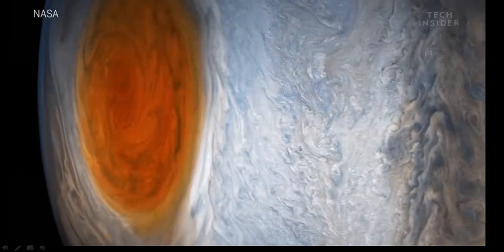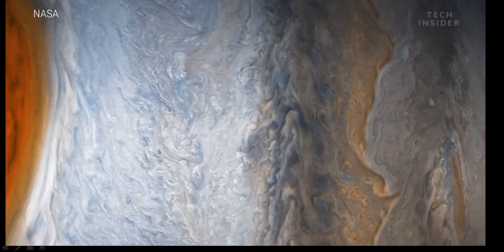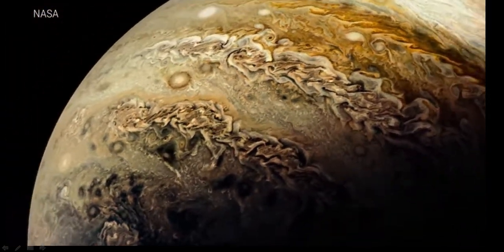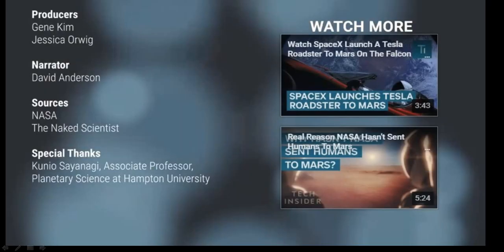We may never see what's beneath those majestic clouds, but we can still study and admire this mysterious planet from afar. All right, I'm not sure how they knew all of that stuff about the metallic hydrogen and things like that, especially if we can't get any radio waves out of there. I don't know how we've had any data from that, but it's interesting to ponder and to think about, and we can probably rest assured we're not going to be going to Jupiter, right?